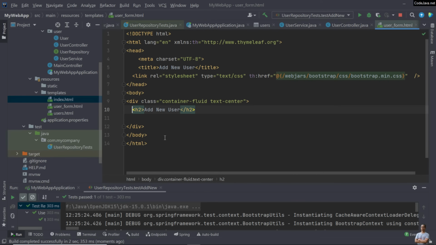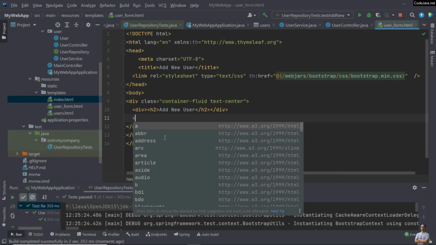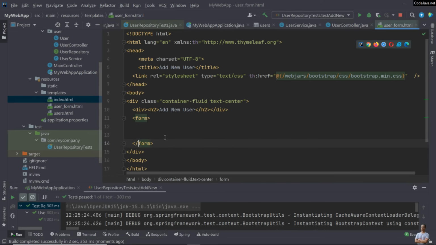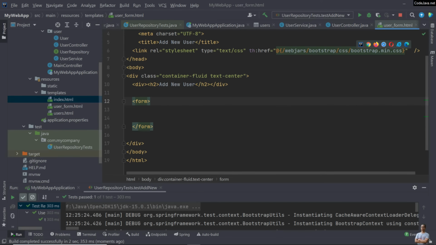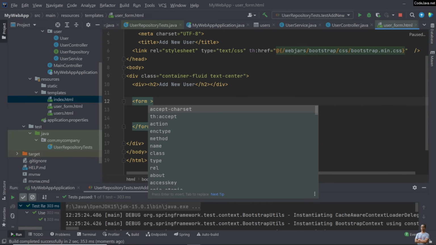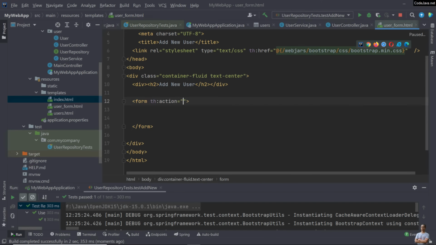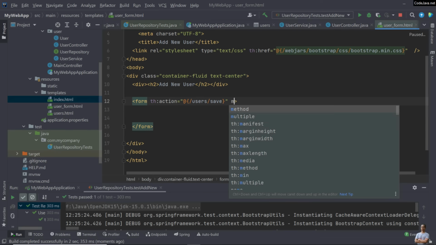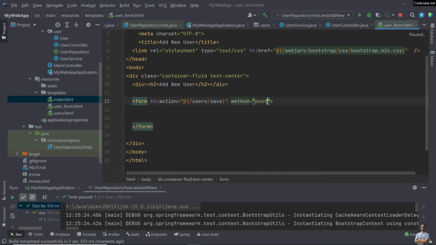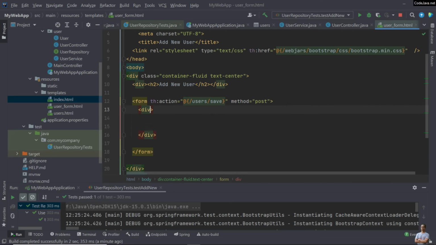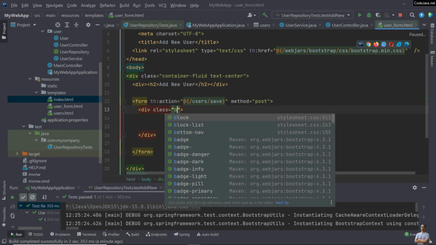Okay, so we put the heading into a new div section, and then we code the form element for the form, and here we specify the action of the form, th:action like this, /user/save, and the method is for HTTP post request. And inside the form we create a new div section with the class is border,